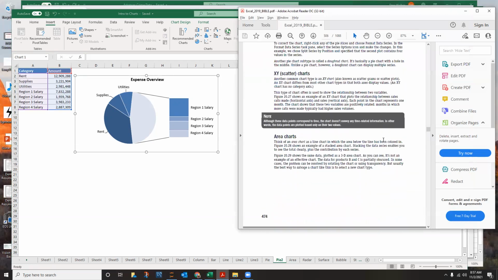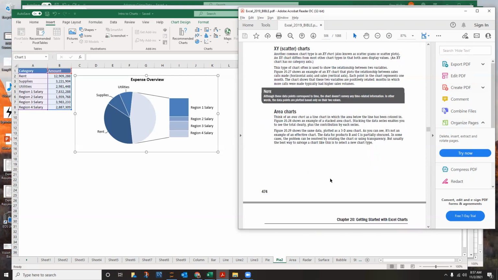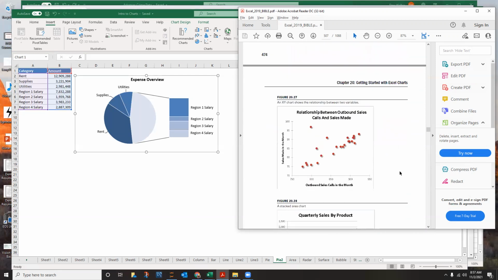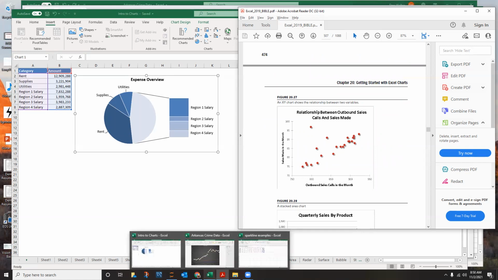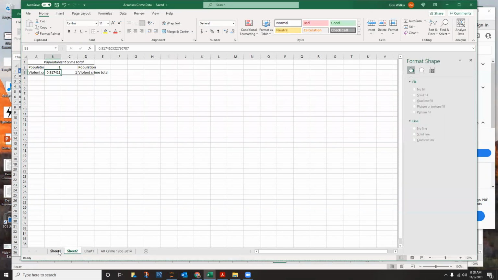And then, yeah, scatter chart. Where is my scatter chart? I think maybe we go into that in another chapter. That is a scatter chart. I want to say I got one in my Arkansas crime data, or